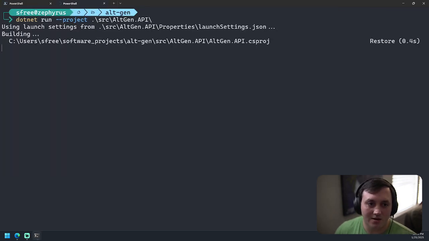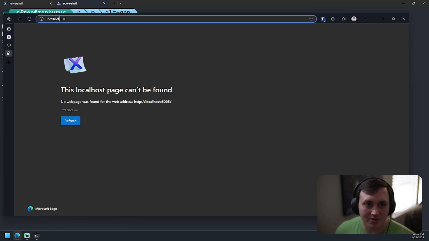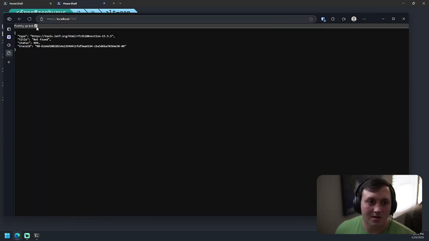If we write that out, go back to our other tab and start up our API, we should find now that if we navigate to our endpoint, we get a pretty looking status code problem detail. And so all of our error responses will be returned in this format, which is really nice. Consistency in error responses is one thing that I think is commonly overlooked. And doing it yourself probably is more effort than it's worth when you can just use something like this that comes out of the box and gives you everything you need.